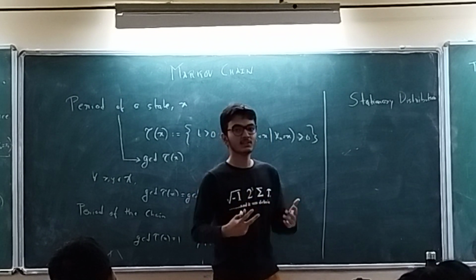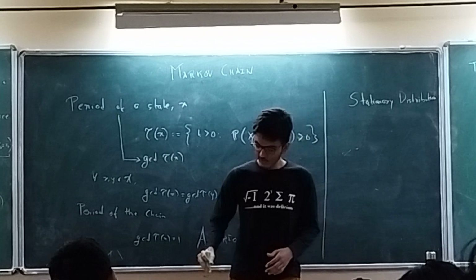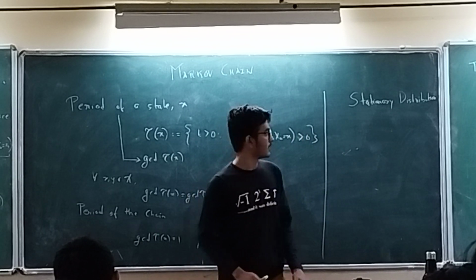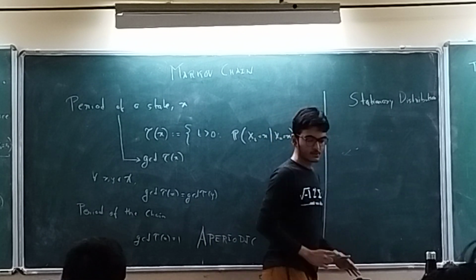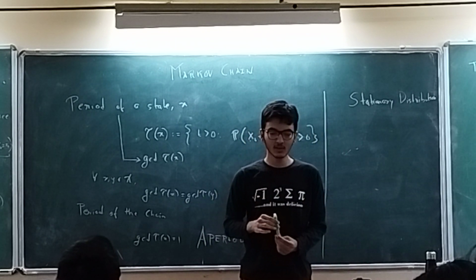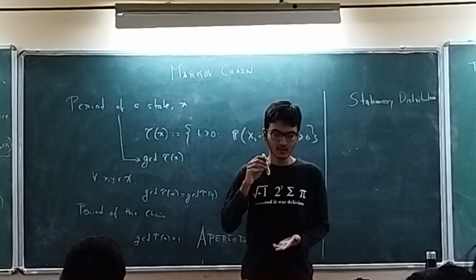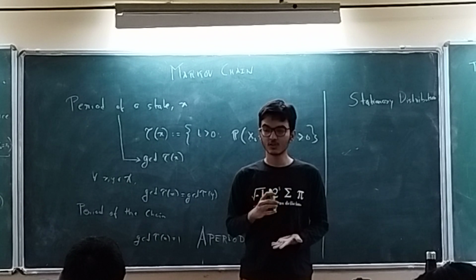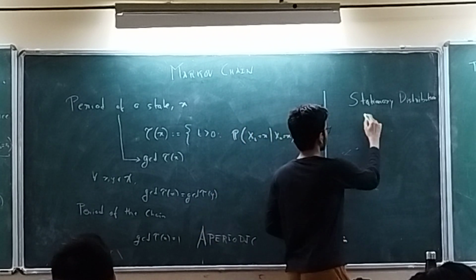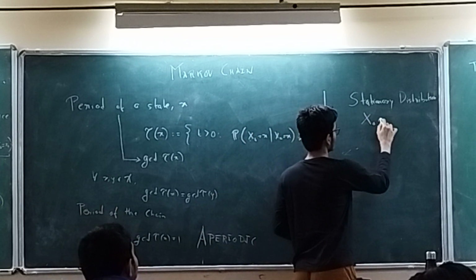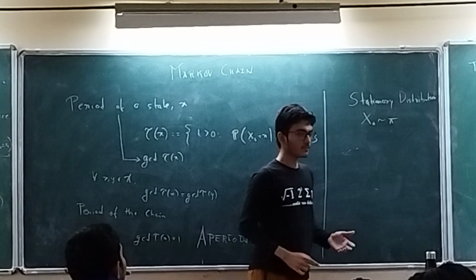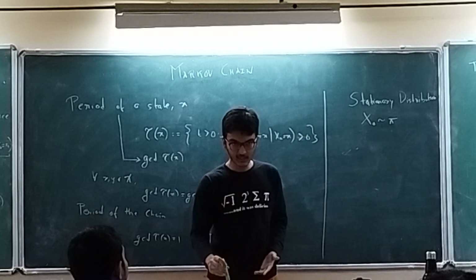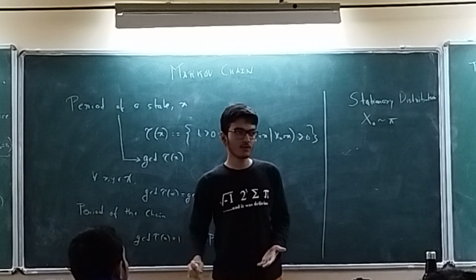And what happens in equilibrium? At equilibrium, if it is at that position, it will remain at that position forever. So similarly for the stationary distribution. If at one point of time I reach the stationary distribution, it will keep staying in the stationary distribution forever. So let's say I have X_0 distributed as pi, where I want this distribution to be the stationary distribution. That is, if I once reach pi, I will remain at pi forever.